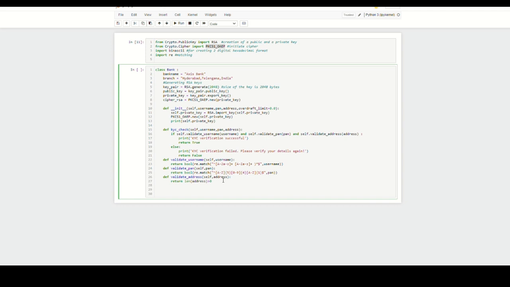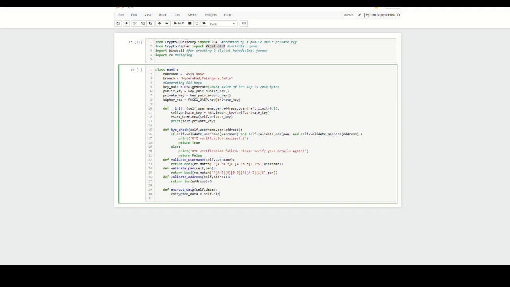As simple as that. Then afterwards, I have defined all this well and good, but we are still not done yet. We want the username that the customer gives to be encrypted, right? So we have to define some encryption functions also. It's not just limited to us creating the private key. So now let's define encrypt data. Self, data, right? I'll just write encrypt here. Encrypted data should be equal to